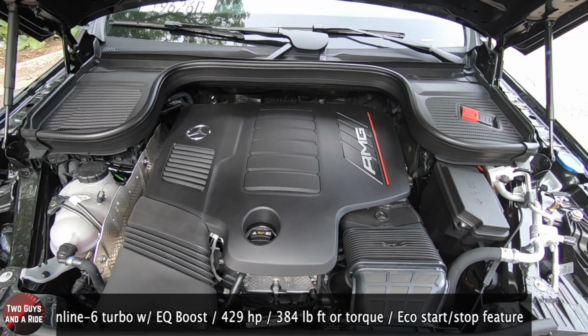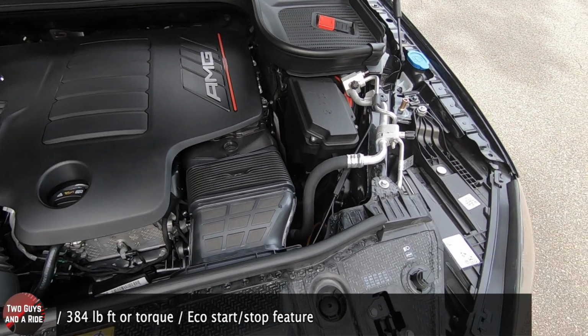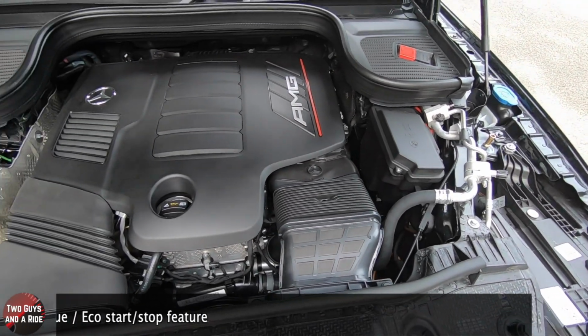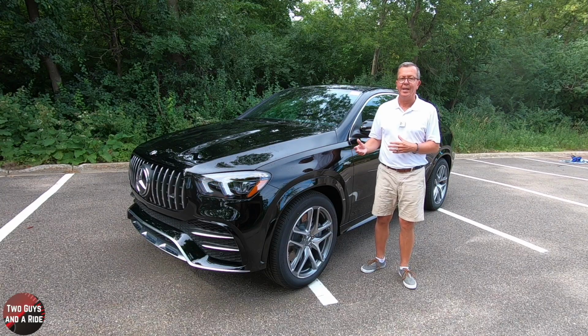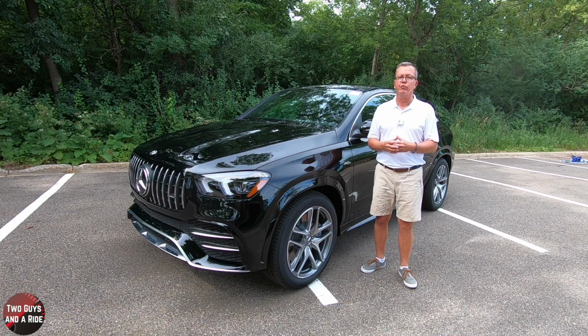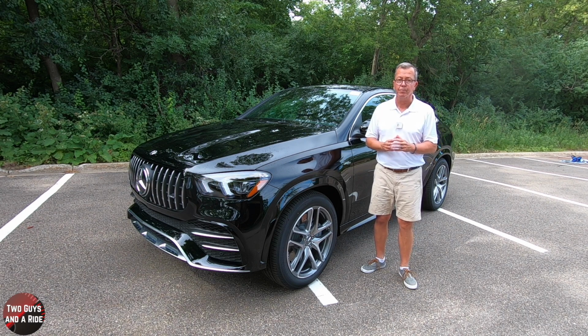And it's powered by an AMG hand-crafted 3-liter inline-6 that has a turbo and EQ Boost, producing 429 horsepower and 384 pound-foot of torque. It also has the Eco Start-Stop feature. Now, the lightweight, fully beltless engine is also electrified. It has an integrated starter generator that can supply up to 21 horsepower and 181 pound-foot of torque at certain RPMs